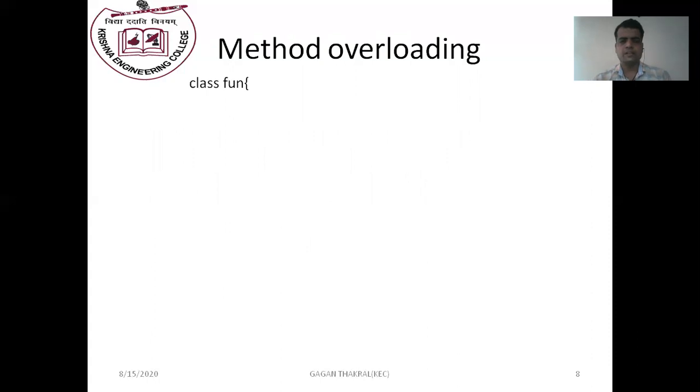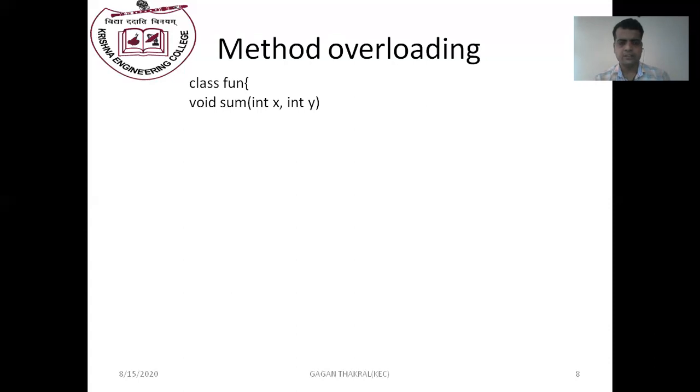Now we will discuss this method overloading with the help of a program. Here we create a program. When we start to write a Java program, it is mandatory to create a class. Without a class, it is not possible to print a single statement. Here we create a class fun, and the definition of the class starts with curly braces.